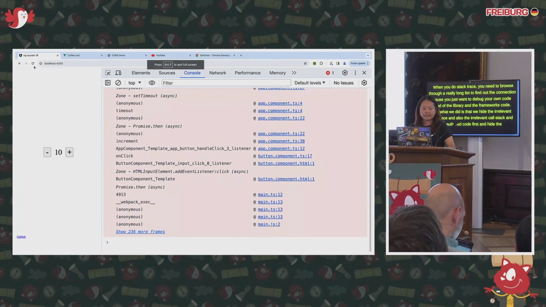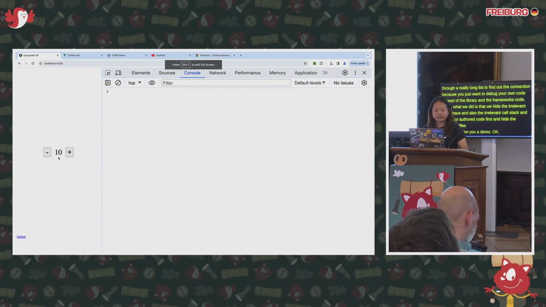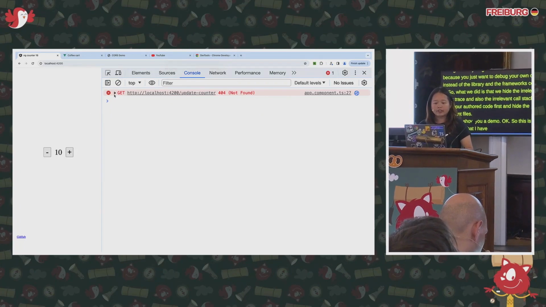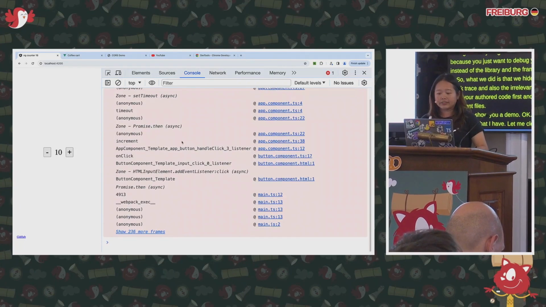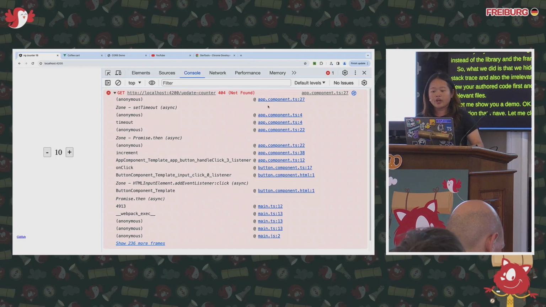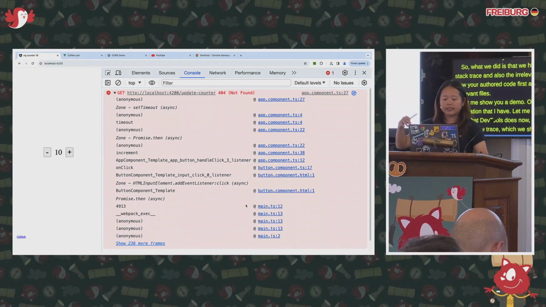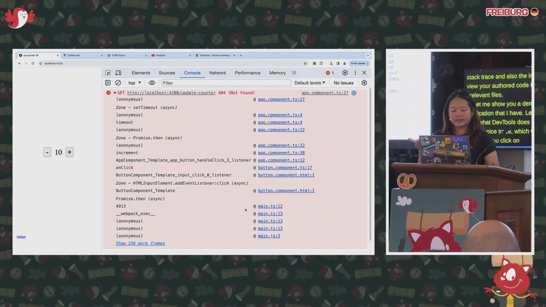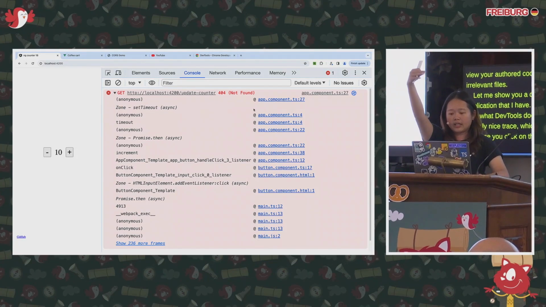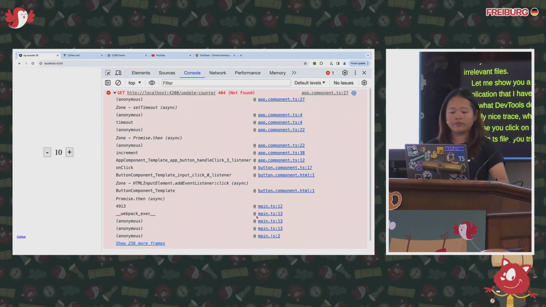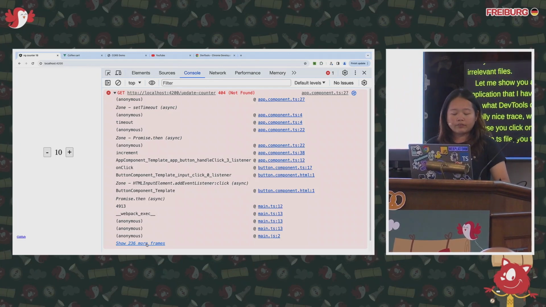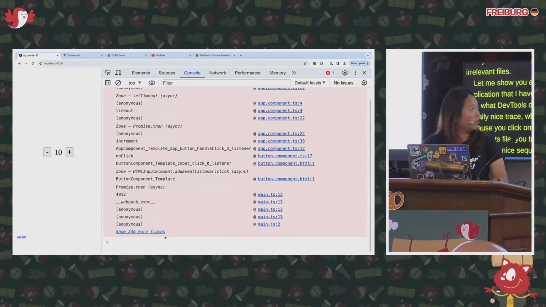OK, so this is the application that I have. Let me clear it. If I click on this, you see that DevTools now shows a really nice trace, which shows app.ts, and then continuously, because you click on the button, and on the main.ts file, you trigger the error. So we show you a nice sequence of the events happening. What we do is that we hide additional frames here.